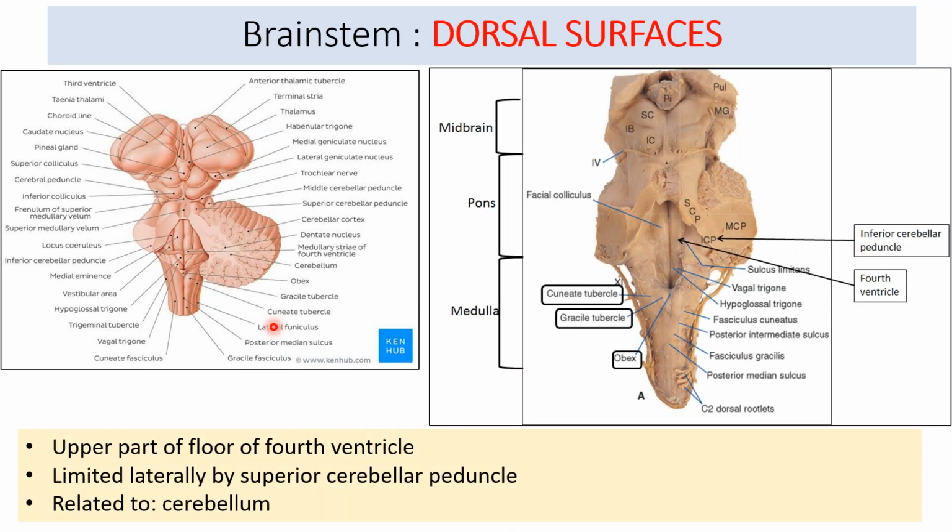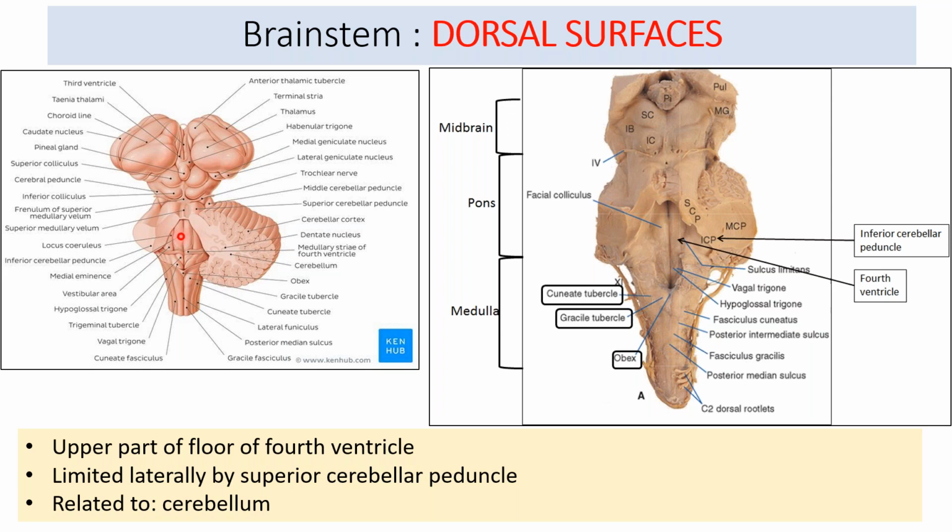Now coming to the dorsal aspect of the pons. When you had seen the stria medullaris, above this is the area of the pons. Actually you have to differentiate, because the open part of the medulla will be seen continuous with the posterior or dorsal aspect of the pons. With the stria medullaris, you can clearly see that below this is the region of the open part of the medulla, and above this was the region of the pons. So this is basically the upper part of the fourth ventricle.